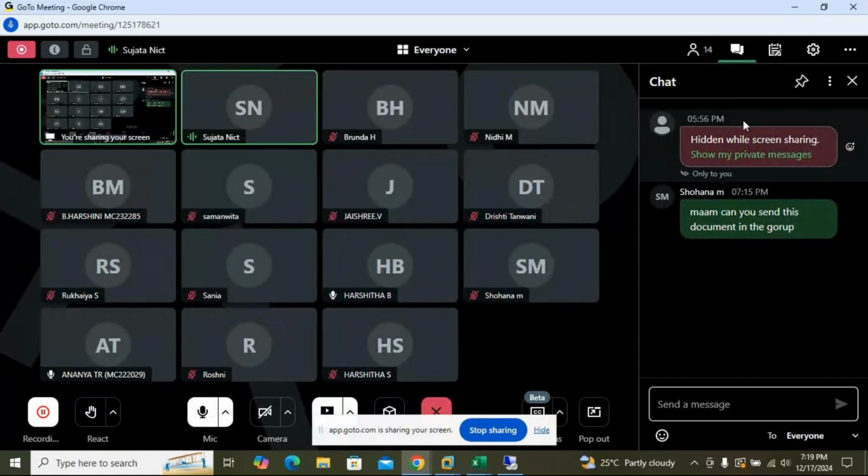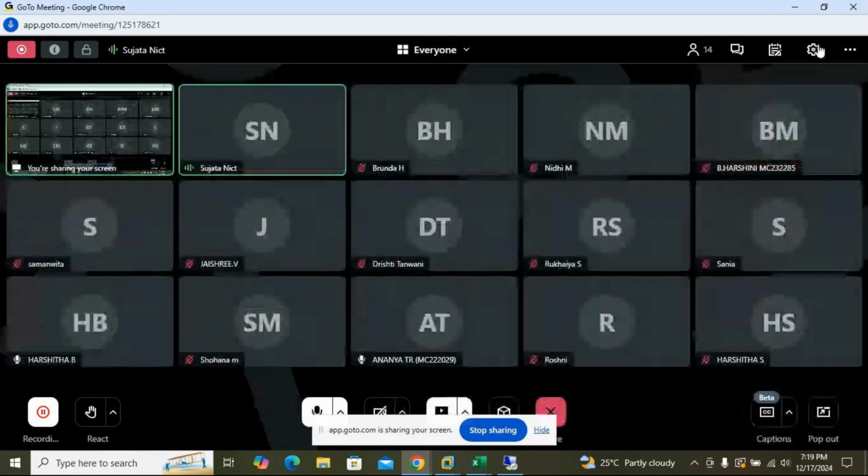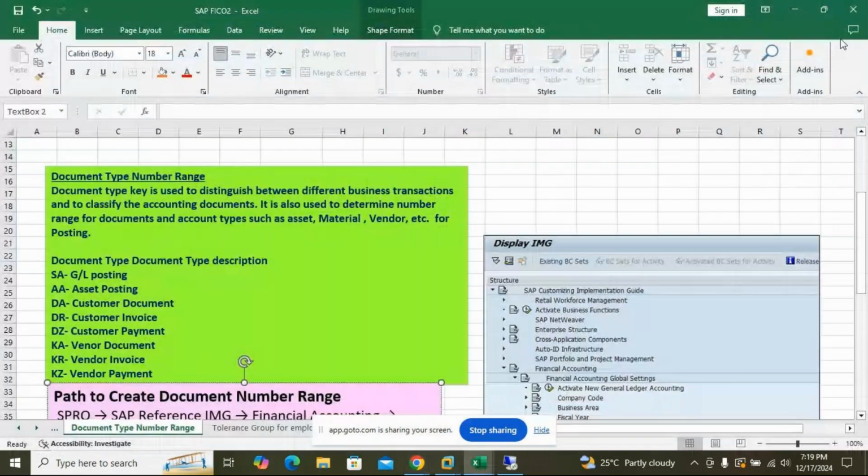Okay, so let's proceed with this. Document types, number range. The document type key is used to distinguish between the different business transactions and to classify the accounting documents. It is also used to determine the numbers.